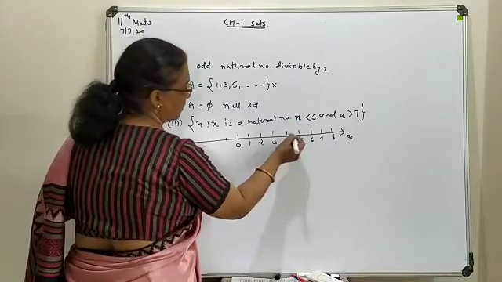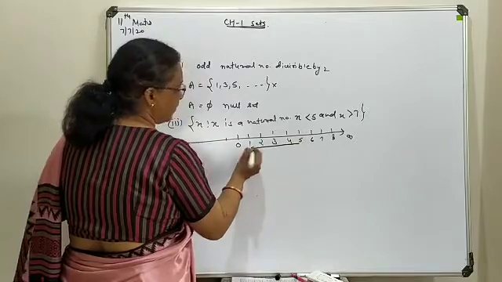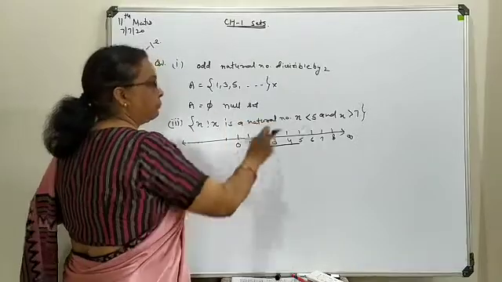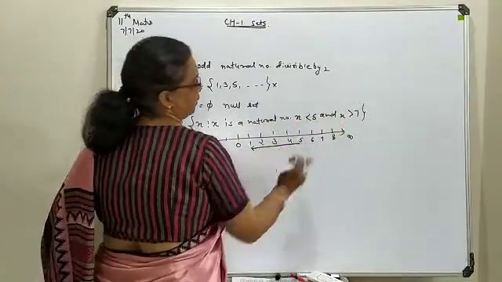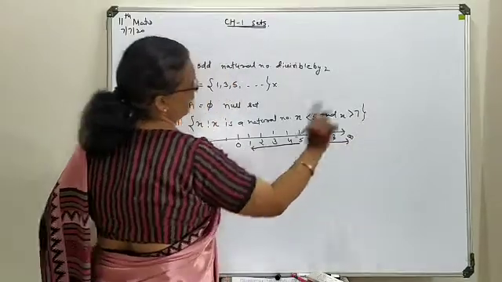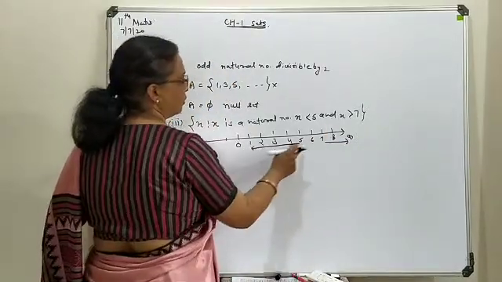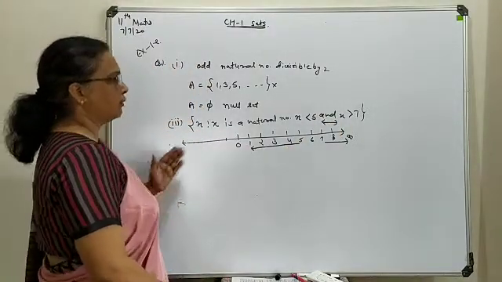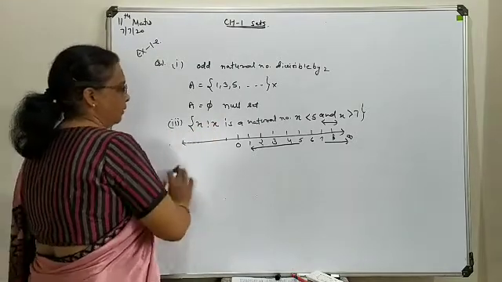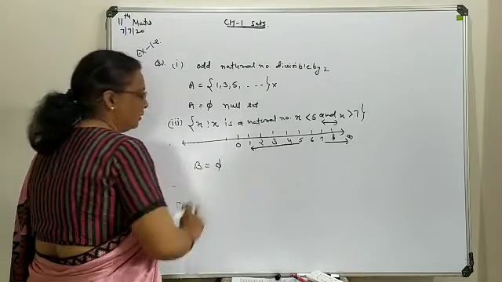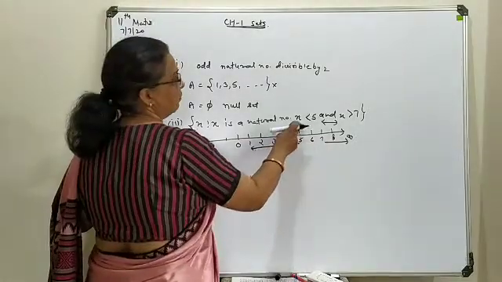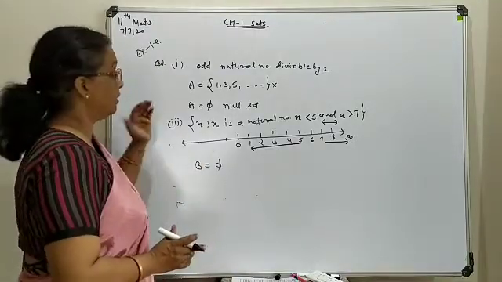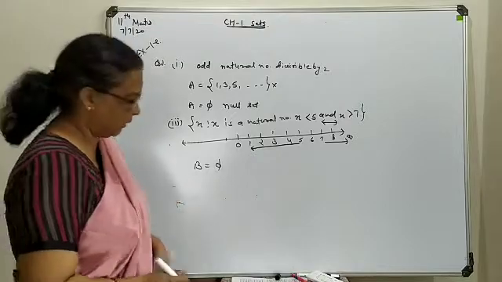X less than 5 means from here to here your numbers will be 4, 3, 2 and 1. At the same time X greater than 7 means you will move from 8 towards infinity. You can see it is not possible to combine them with this AND condition. So none of the elements is present which fulfills this criteria. That means here again your set will be considered a null set, meaning we have no common elements which fulfill this criteria. So this way you will think about which statement fulfills the criteria of a null set.